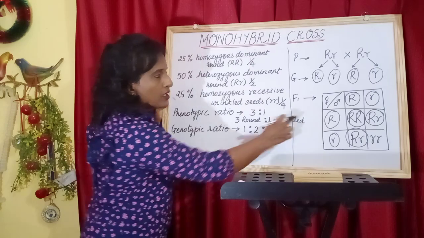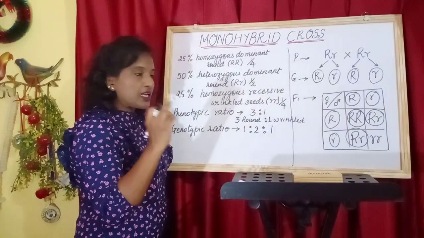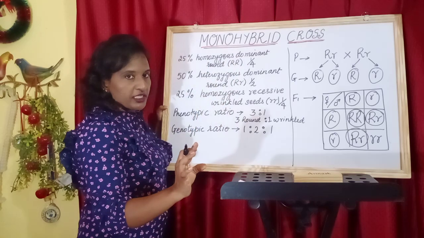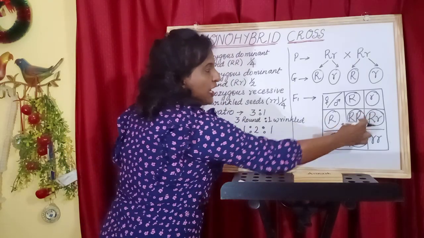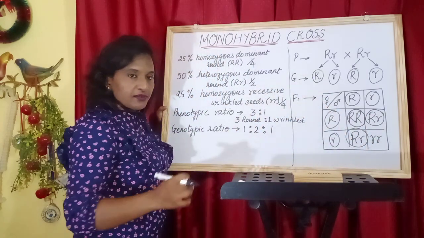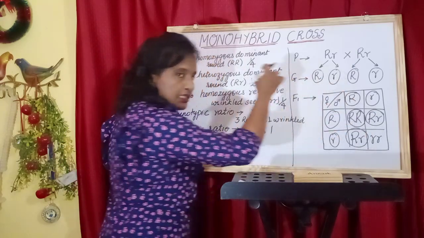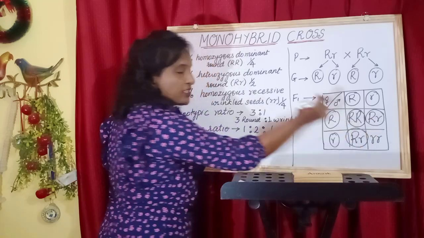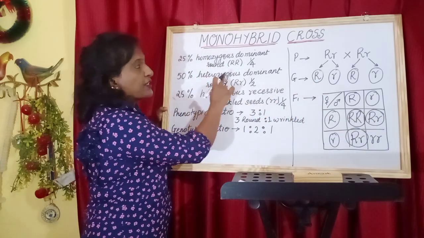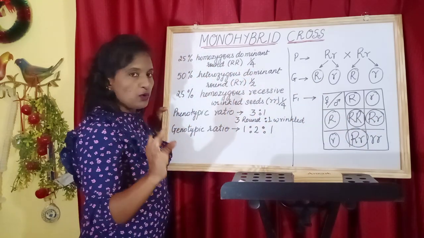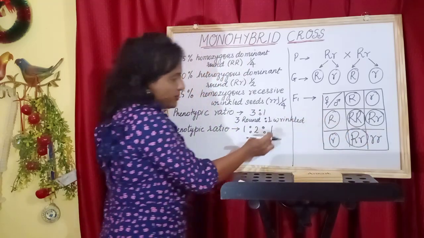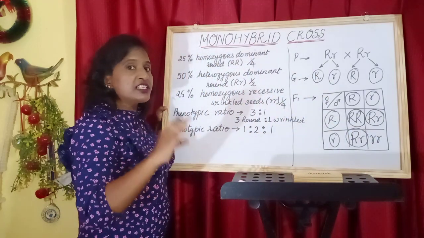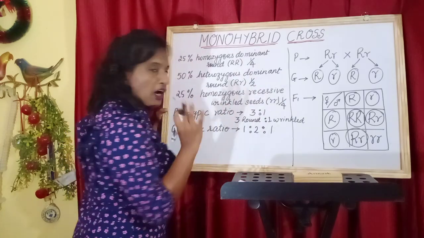We have got round, capital R, which is homozygous dominant, right? Two we have got hybrids, which have dissimilar alleles in each individual. So there are two hybrids which we have got. So those are heterozygous dominant, round, and one that is the wrinkled seed, which is again homozygous recessive. So how will we write it down?